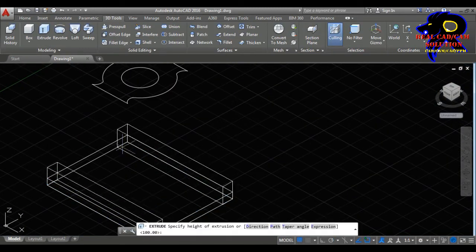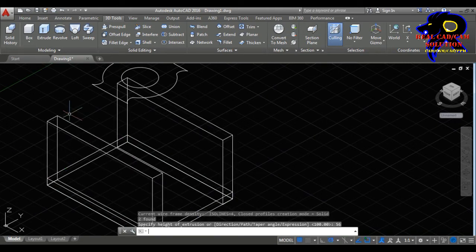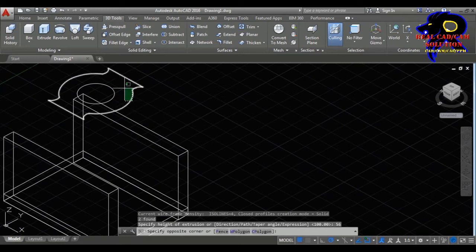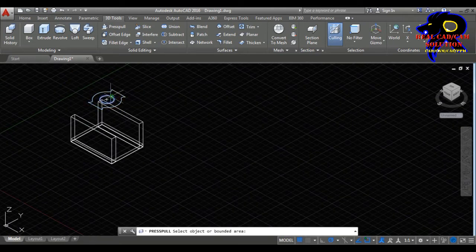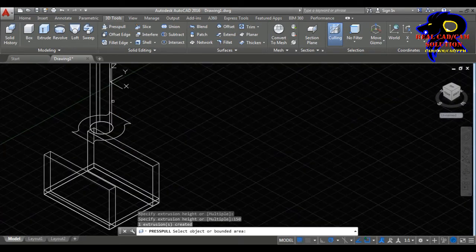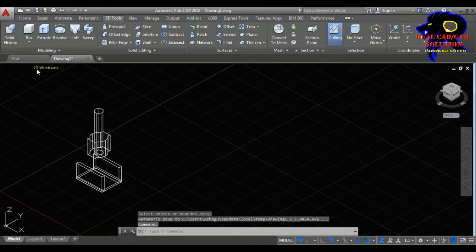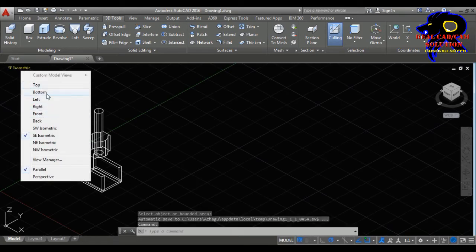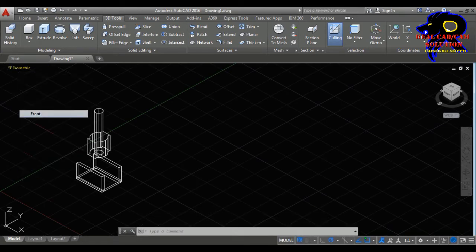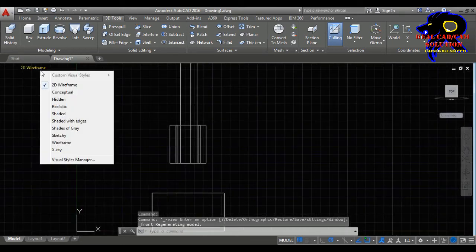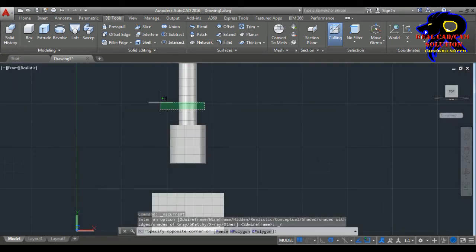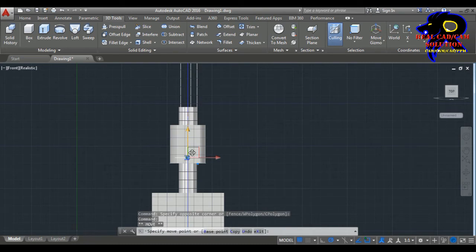Go to the 3D tool and extrude the sections. It just extrudes some distance, and go to these circles also and extrude to the interior of the sections of the circle. Also the exterior circle also. Okay, go to the realistic. This is not the front view, go to the front view and go to the realistic. I just go to subtract the hole of the section from the cylinder.